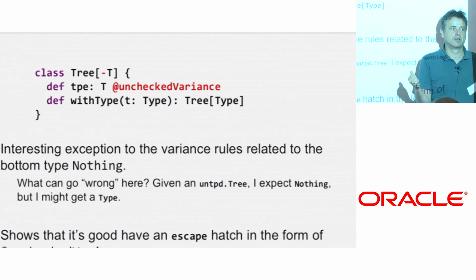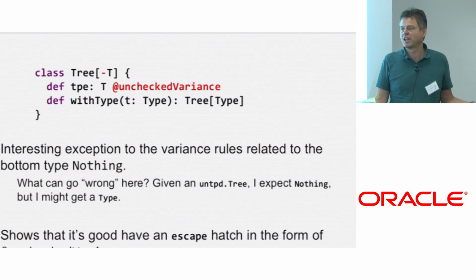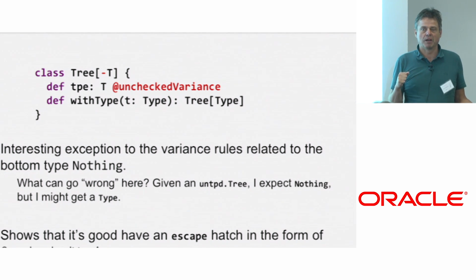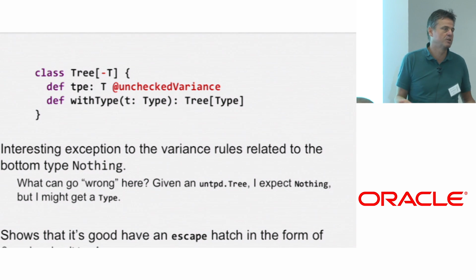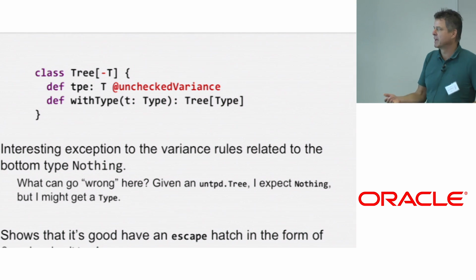That's the only thing that can go wrong. But if I think I can get a nothing, what happens? There is no value of type nothing. That means I'm calling for an exception to be called. And well, it doesn't give me the exception, it gives me actually something nice, which is a type. So that seems to be a quite benign unsoundness in that case. So I think we can live with that.